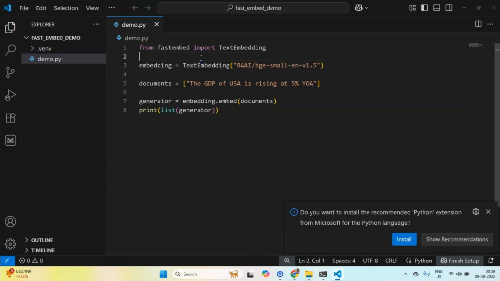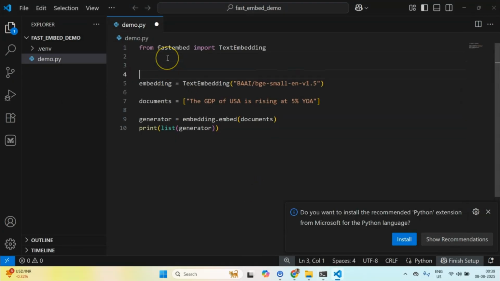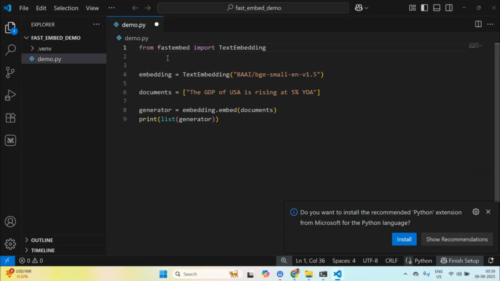Now using image embeddings is similarly as easy as producing text embedding. So we can just import one more class for image embedding, and let me also import sparse embedding.